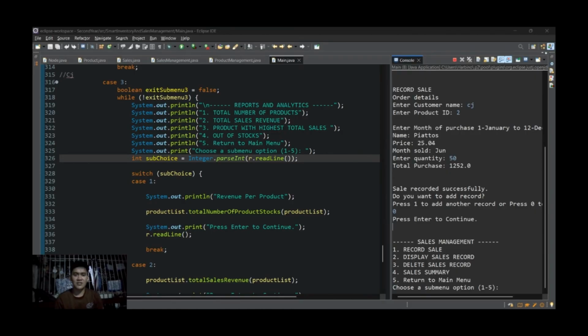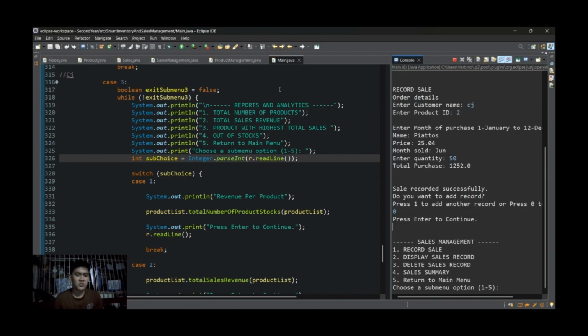Greetings. I'm Carl Janel Inulas and I'm here to report about the report analytics and also the case three of the main class. In report analytics, we have five sub menus, which are the total number of products, total sales revenue, product with highest total sales, out of stocks, and return to main menu.